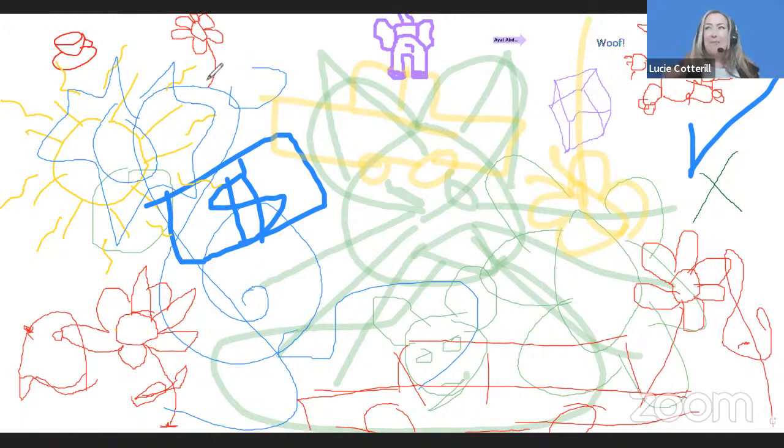So I've done this many times. And what I really love as well is that it takes no preparation from the teacher at all. Everything comes from the students. So I really like that activity. And you can do it on the whiteboard on Zoom or on a Jamboard, or as I say, in a traditional classroom, just with the normal whiteboard. Okay, wonderful. So I'm just going to go back now to my presentation.